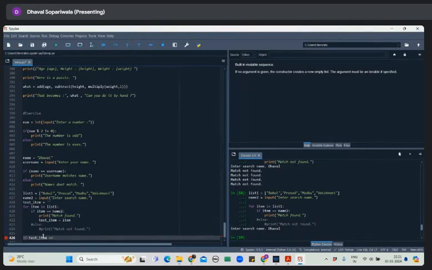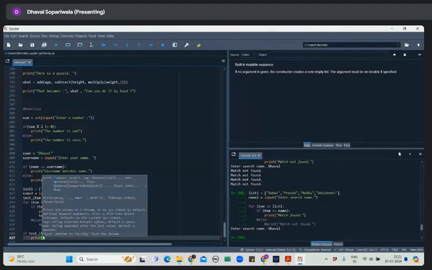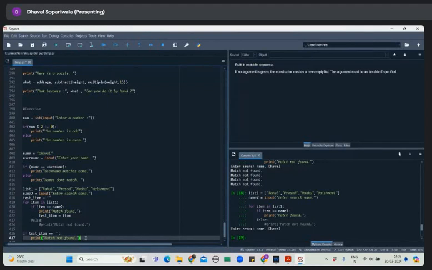Even if empty, if it is not changed and remains the same as whatever it is, we are not changing anything, then it will print match not found, right? So it is just building around that. Again, this can be written in many different ways also, but one of the logics we are